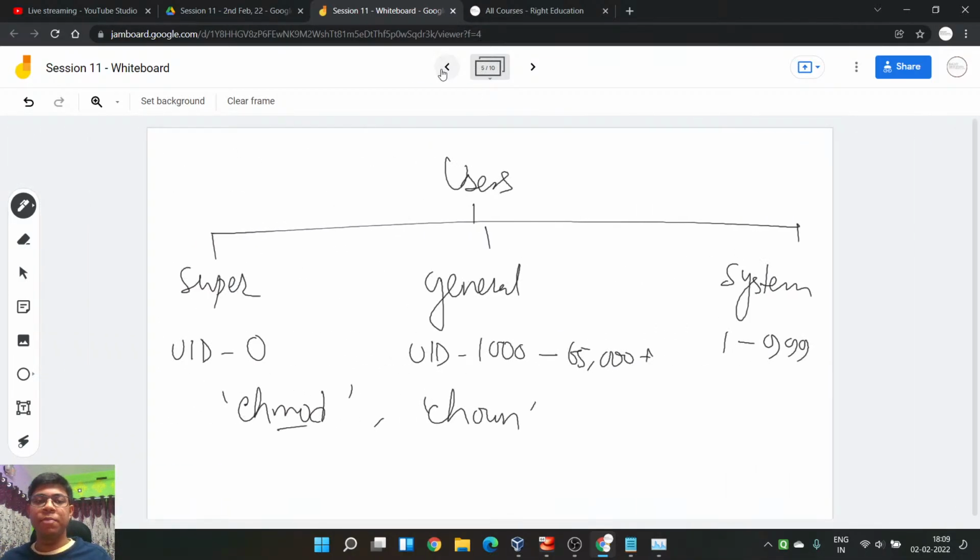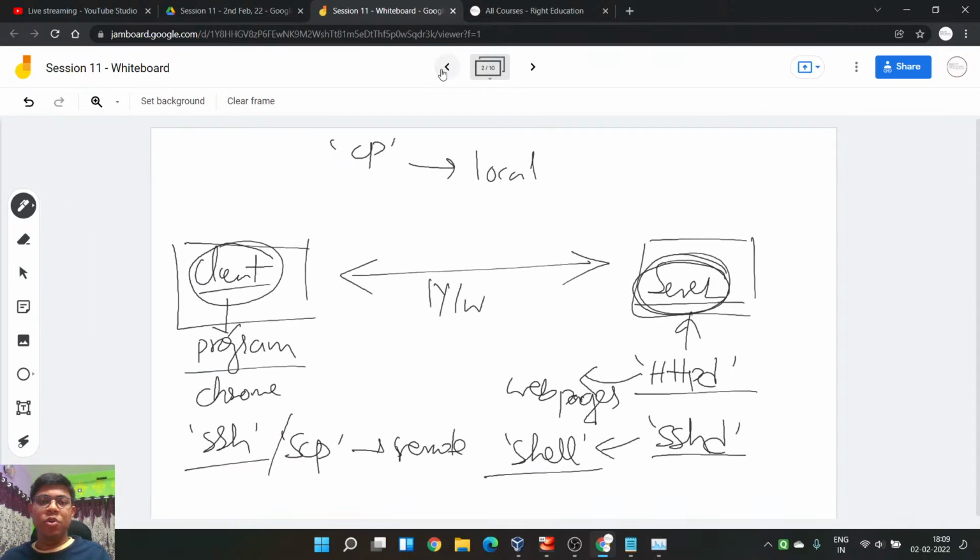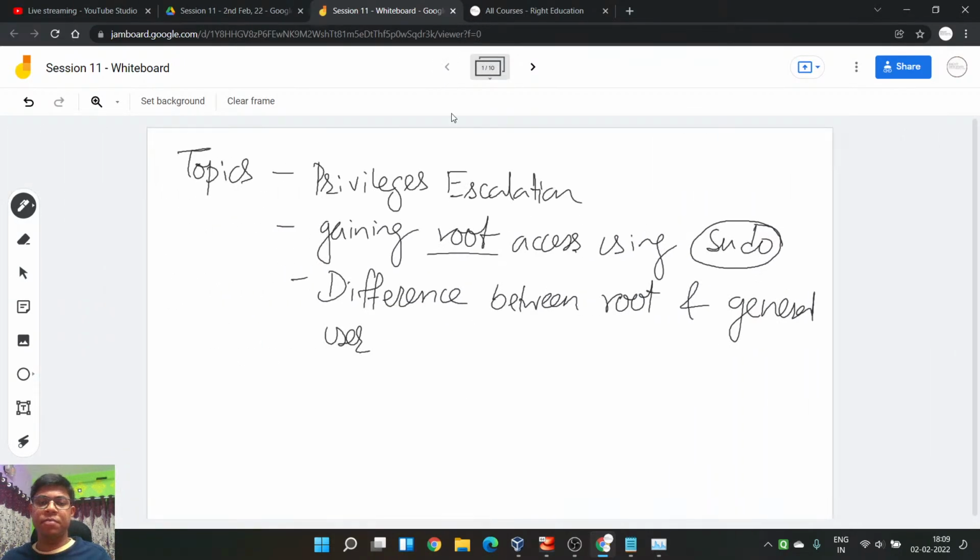I told you I'm not going to discuss too deeply in this, because it will be a longer discussion if we talk about sudo for a long time. But I believe you understood the idea. Now, what is the difference between root and general user? I tried to show you the difference. General user has limited powers. Whatever power you want to give them, they can do that. But root has all the powers. It will come again from experience. Whenever you face some challenges, you will understand the limitations of general user.